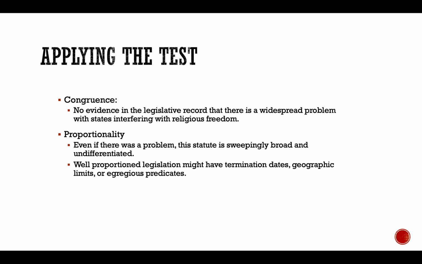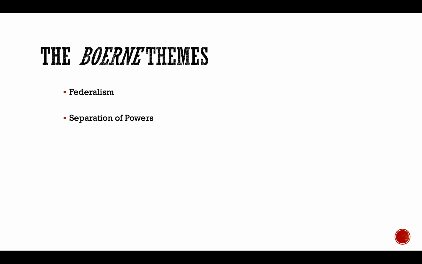And notice the bigger themes that are at issue here. We get to see both themes that we've studied this semester come together here. There's the separation of powers theme and the federalism theme. So we see this over on page 981, and I think the court actually talks about them in the reverse order than I have them here. But let's look at that first full paragraph on 981.